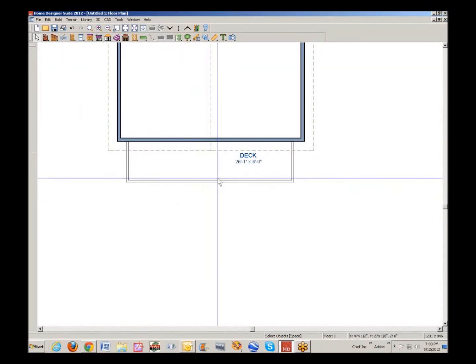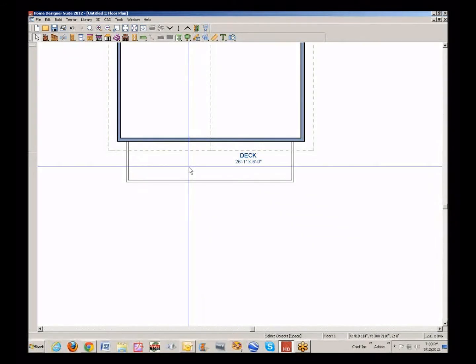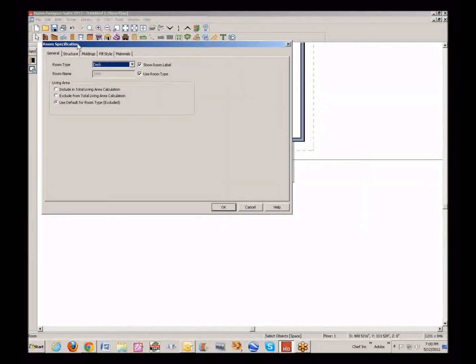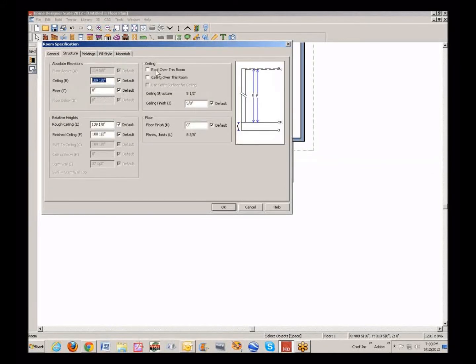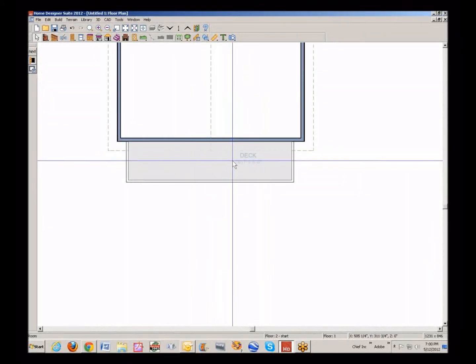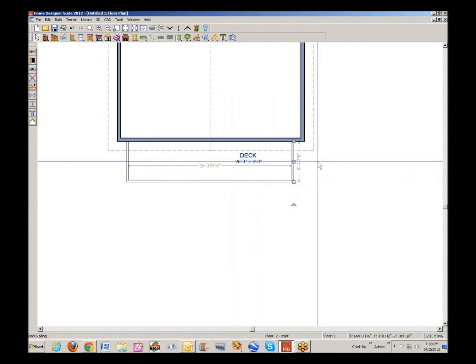Okay, now we have a deck here. Now by default, when you draw a deck room, it comes in its dialog box here with no roof and no ceiling. That's why the program didn't automatically build a roof or ceiling over that. One thing I probably should do